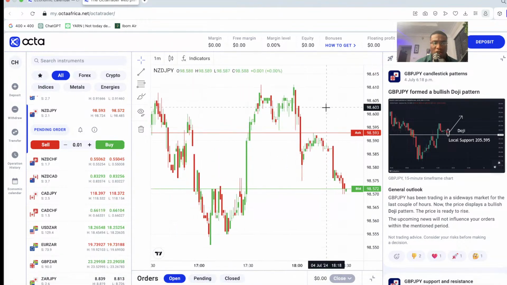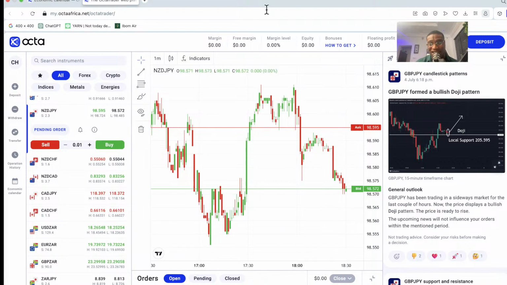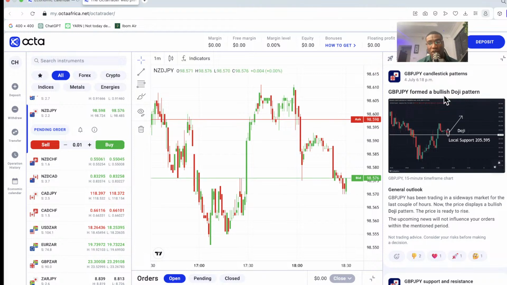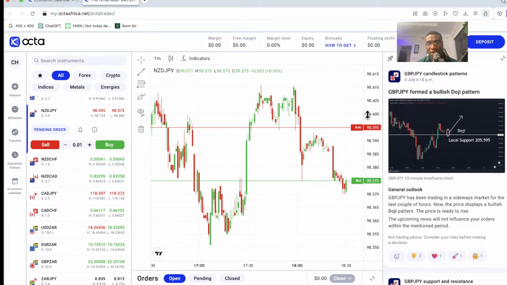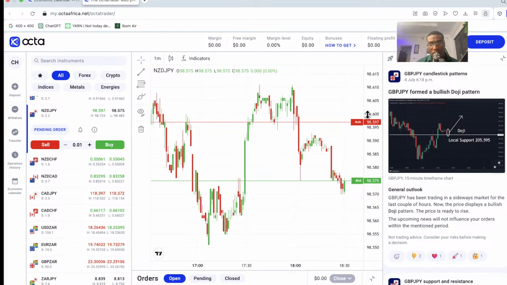Now, when you get into the Octa trading platform, this is Octa Trader, by the way. So if you're going to create an account, then you create Octa Trader, right? You're going to have options. You'd have an option to create an MT4 trading account, an MT5 trading account, and Octa Trader. So if you want to have access to this platform, which also gives you access to space, then you have to create an Octa Trader account. If you create MT4, MT5, you would be sent your login credentials to just log into the MT4, MT5 platform, but you wouldn't really have access to space. Okay.